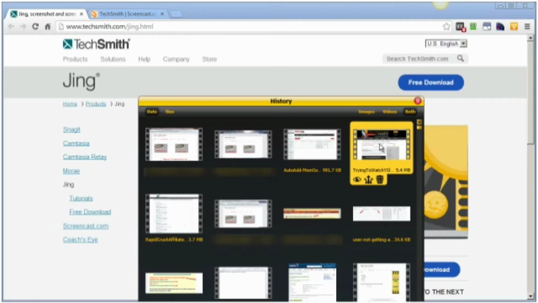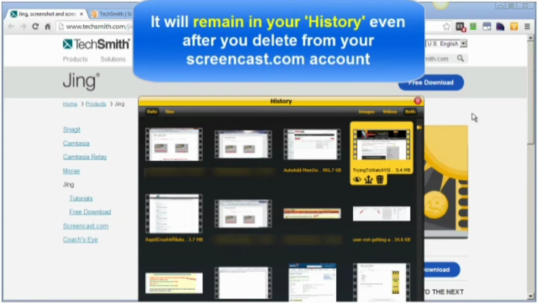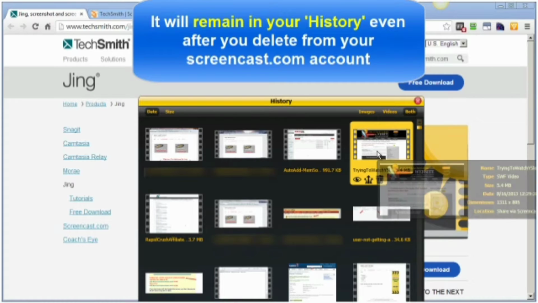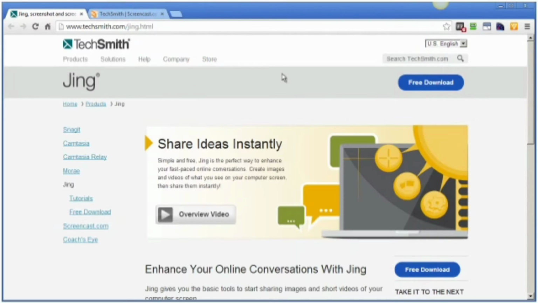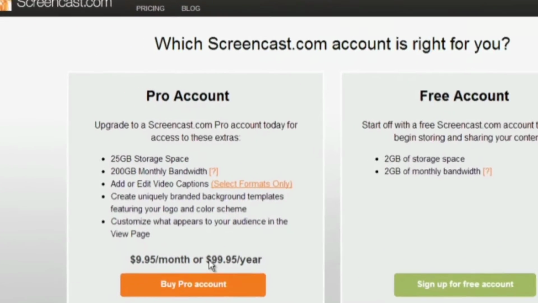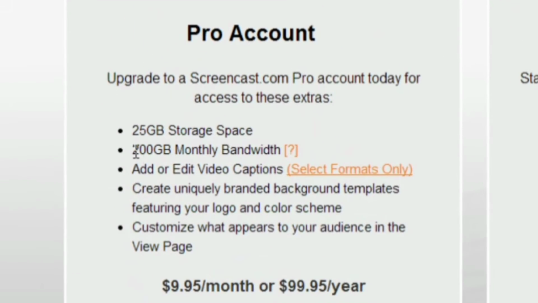Then you can share it and then just delete it from your Screencast.com whenever you're done sharing it. That's one way to go. If you find the need to have those shares a little more longer lasting, then you might find the need to go pro. And this $100 a year for the pro account is a great deal